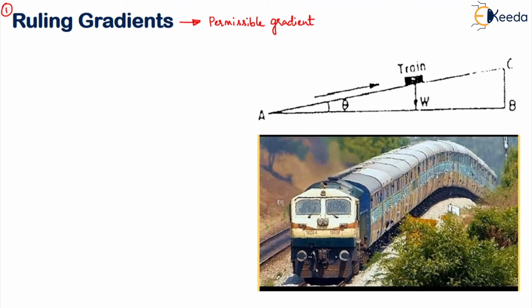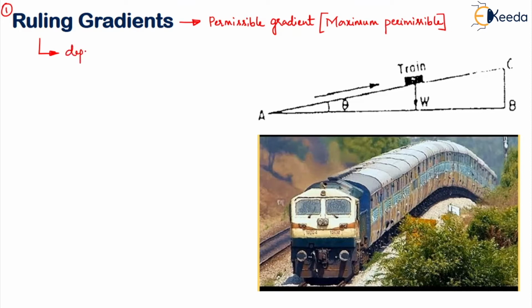More than that you cannot go. Okay, so the other name for this is the maximum permissible, right? If you decide on a particular type of gradient for a particular length, ruling gradient is the maximum which you can give. Beyond that you cannot give the gradient for the movement of the railway trains, right? Less than that you have to give, more than that you will not be able to provide. Understood? So this will mainly depend upon the power of the locomotive that is used for pulling up the load